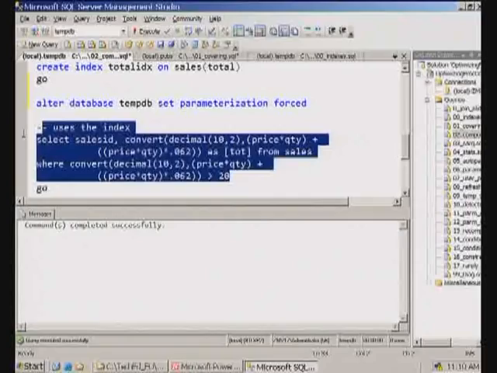So, index on a computed column. And you don't have to have the computed column in your database already. Next,